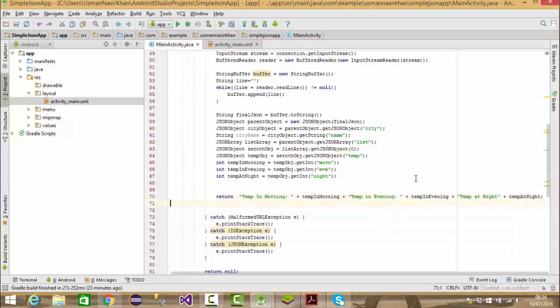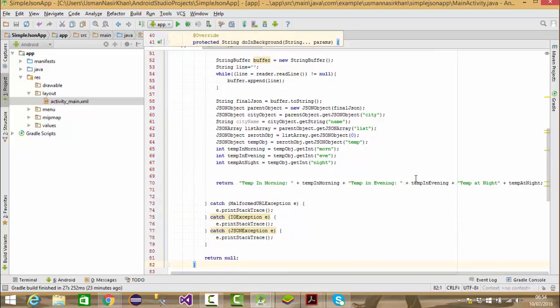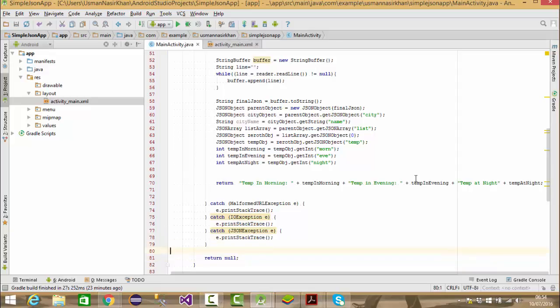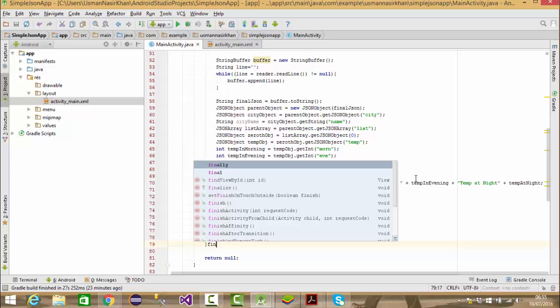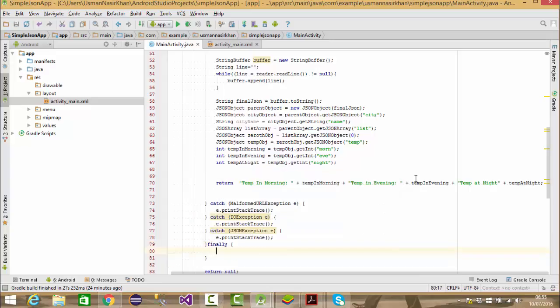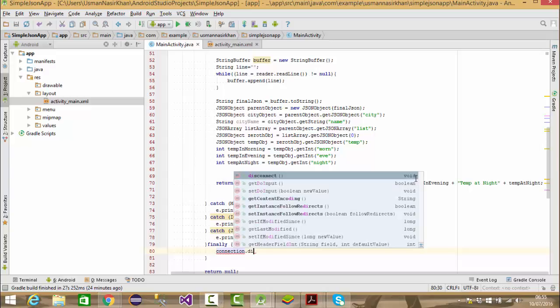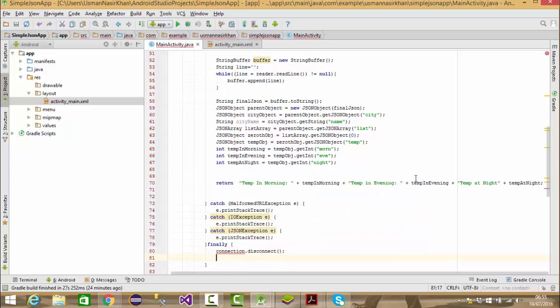So the result that will be returned once this method is called is that it's going to give you these three values: the temperature in the morning, the temperature in the evening, and the temperature at night. If the link is working and the result is perfect, this will be returned, else null will be returned. So let's add a finally block over here which says that you have to disconnect. So we have to call connection dot disconnect, and